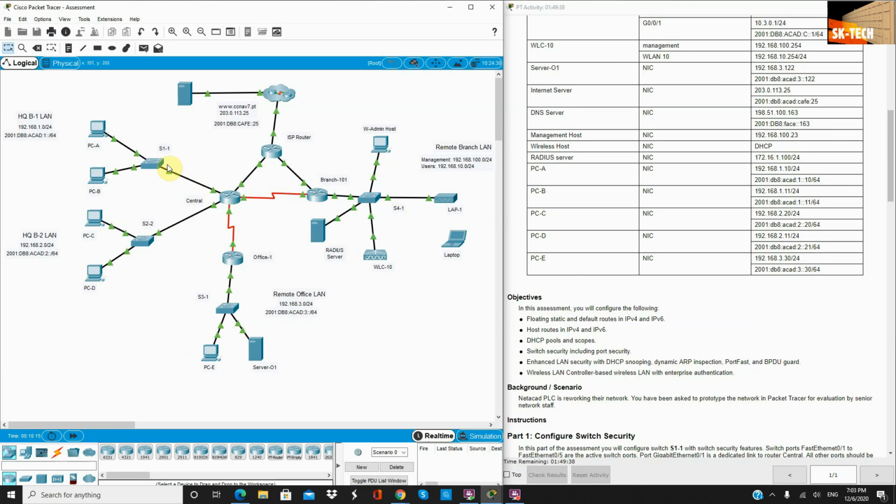the ports that are in use, and we will shut down the ports that are not in use. We will work also to enhance the local area network security with DHCP snooping, dynamic ARP inspection, etc. And also, finally, we'll configure the wireless local area network for this